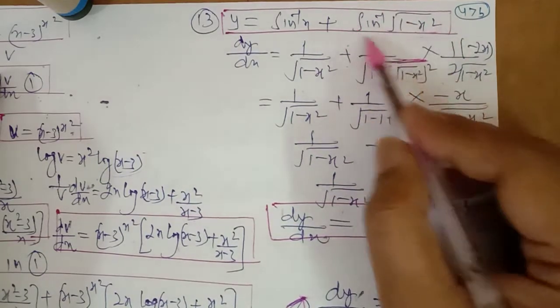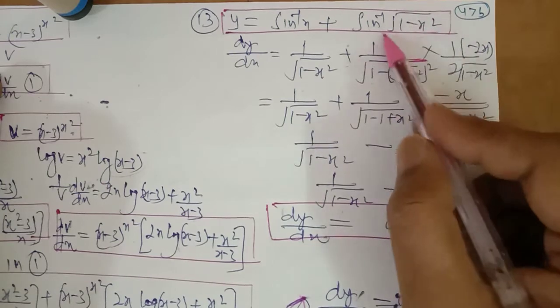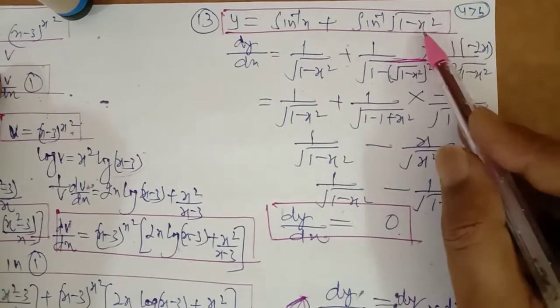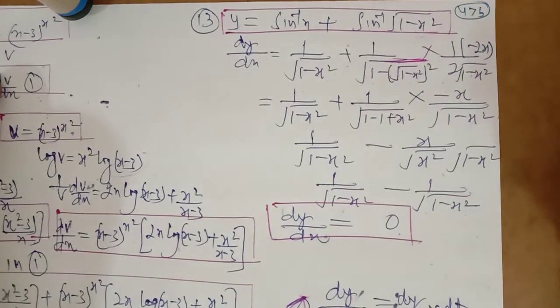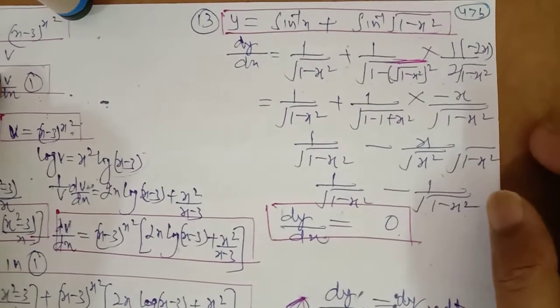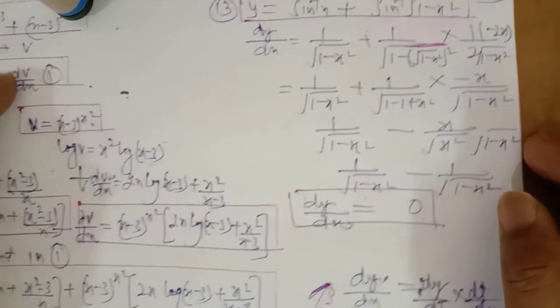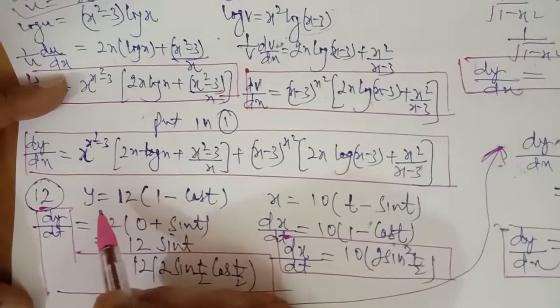See the derivative of this very carefully. First of all, differentiate sine inverse, then multiply by the derivative of this square root. You know the derivative of these types of functions very well, because we are doing the last questions of differentiation. So you must know these types of derivatives, otherwise you have to revise it again, then come to this exercise.